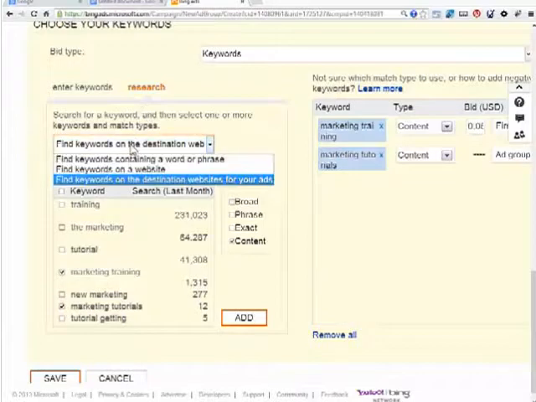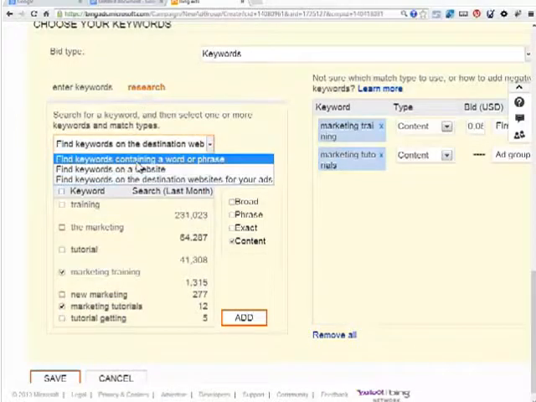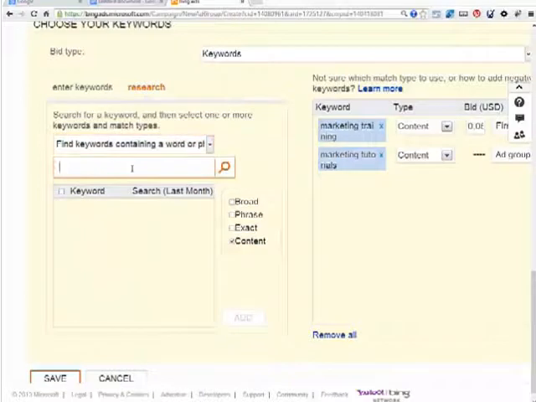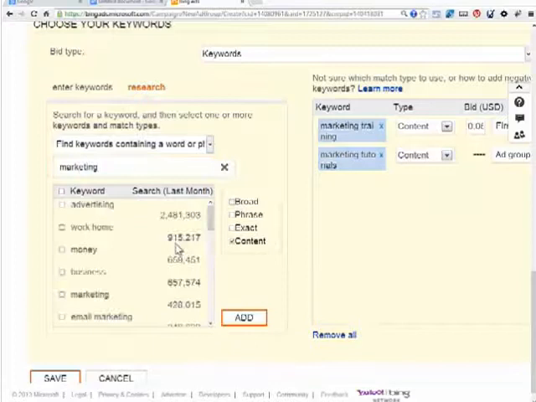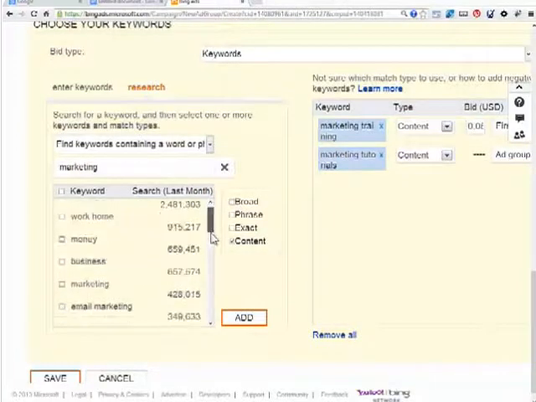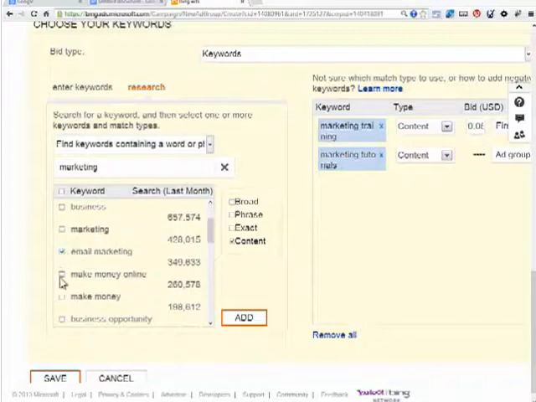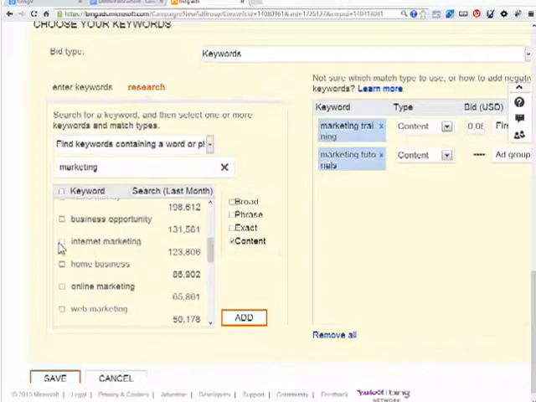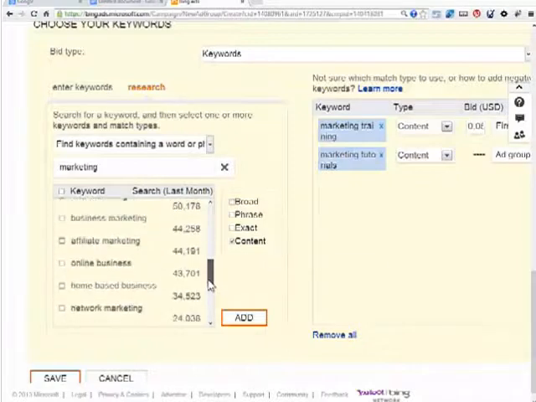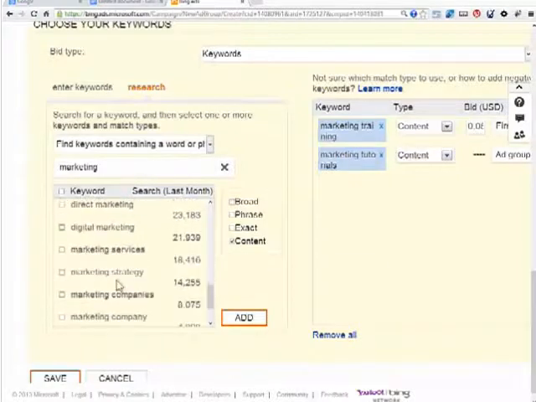Then we're going to go up to the left-hand side and find keywords containing a word or phrase. So just like we did before, we use marketing. We're just going to choose the same type of keyword phrases that we used before. There's really not a lot to it. It's not very difficult. We'll go make money online. We don't want business opportunity. We do want internet marketing. We do want affiliate marketing, web marketing, and whatever else would be appropriate for me to advertise under. Maybe marketing strategy